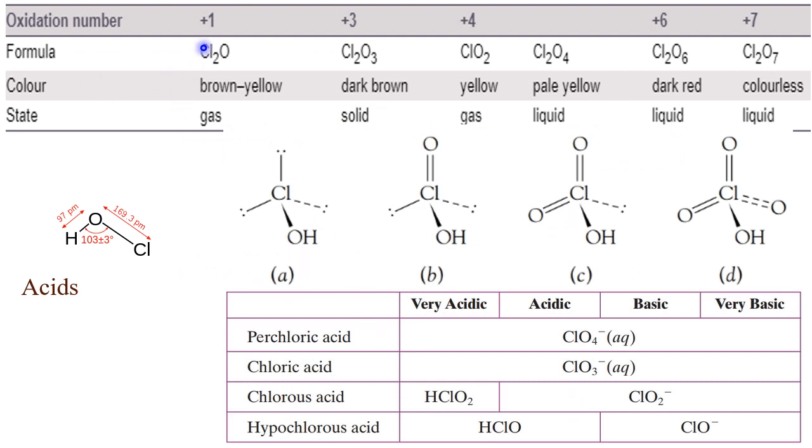Chlorine makes a number of compounds with oxygen. Oxides are of +1, Cl2O, +3, Cl2O3, ClO2, which can dimerize to Cl2O4, Cl2O6, and oxidation number +7, Cl2O7. They can form corresponding acids,